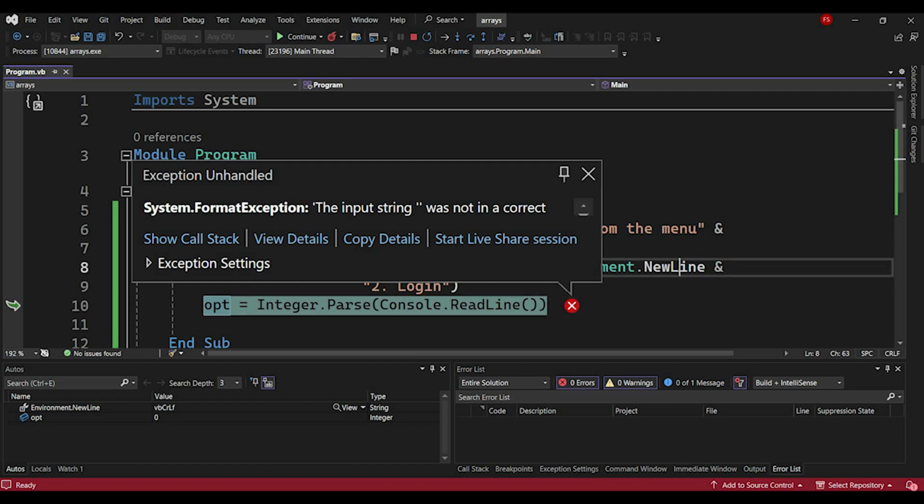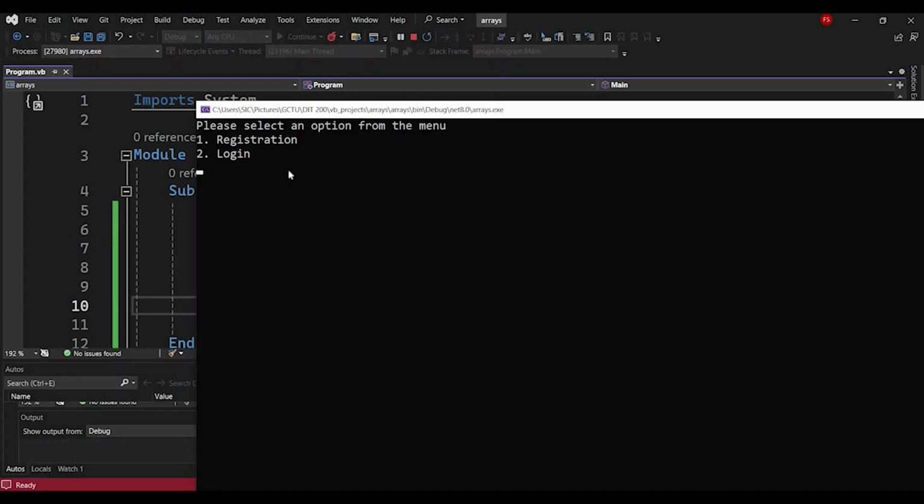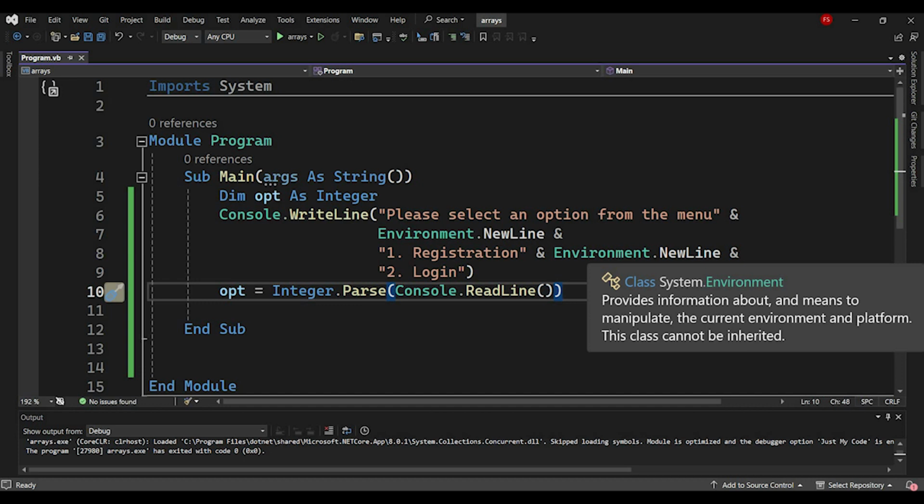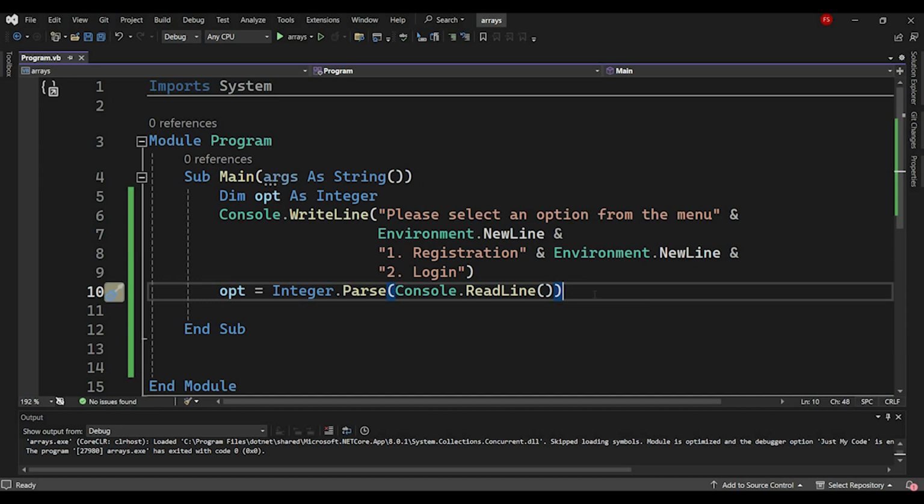So now therefore, okay, let me end it. Array. So it wants me to enter something. So 1 now end. Okay, no problem. So now we are here. Okay, so we are now going to